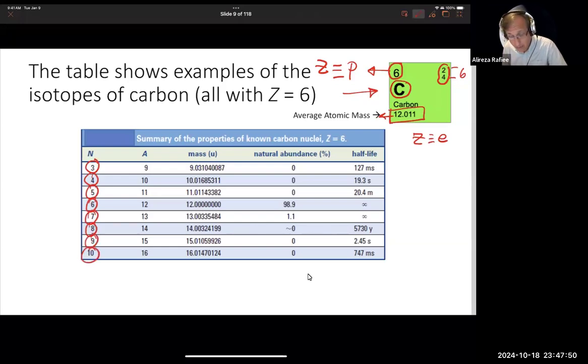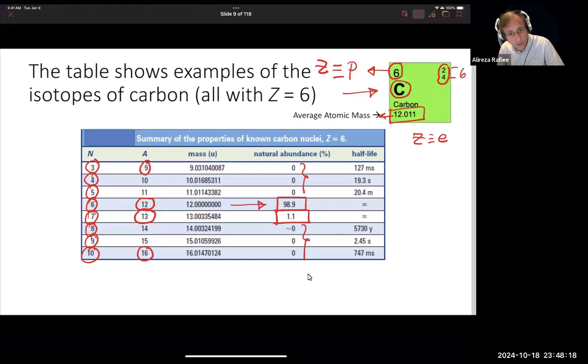Not all of them are stable. Only the ones with 6 neutrons and 7 neutrons are stable, hence carbon-12 and carbon-13. And you can see here the natural abundance of these two is non-zero. Everything else is 0. So naturally, you cannot find carbon-16 or carbon-9 in nature, but you can find